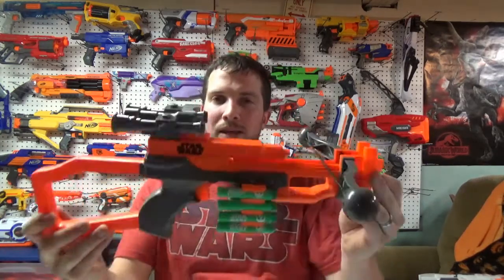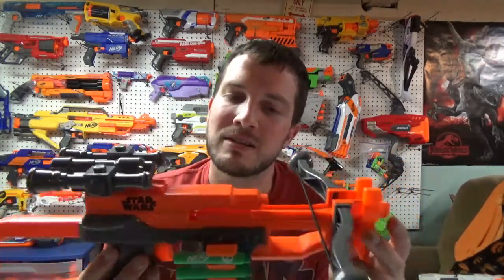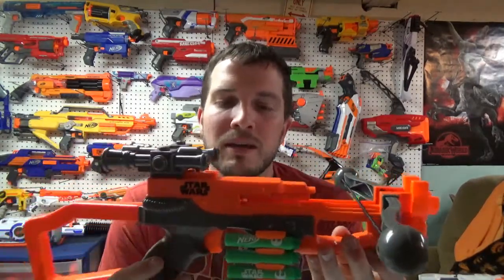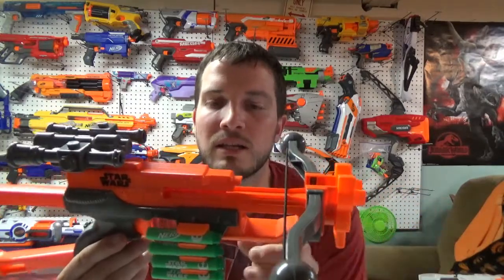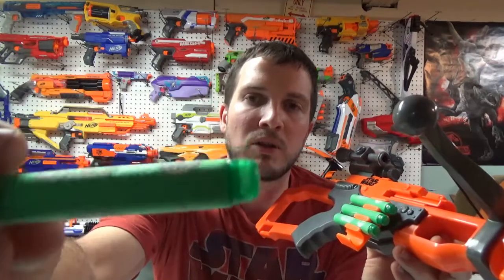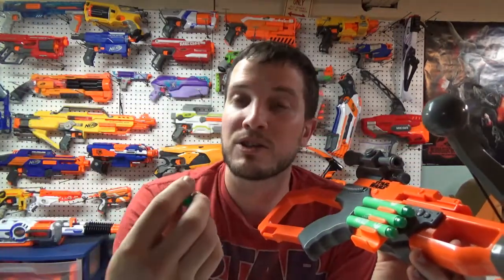Pretty much this is Chewbacca's Bowcaster. Now this is, as far as price goes, the medium of the 3 options. This is the only Rebel Alliance, so the good guys, blaster that they came out with. It is a crossbow, just like Chewbacca used. It comes with 5 elite darts, Star Wars branded, with the special logos that go along with the Star Wars theme,